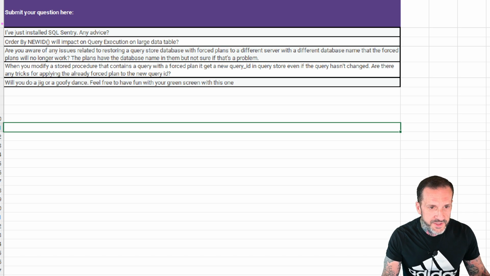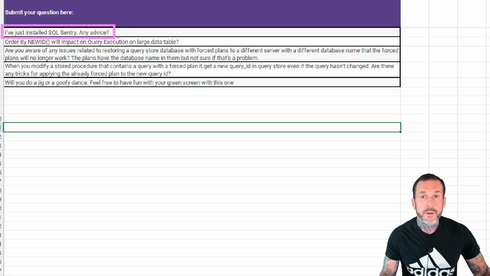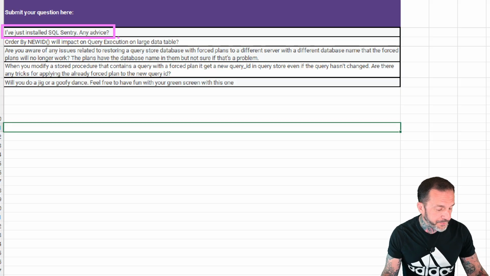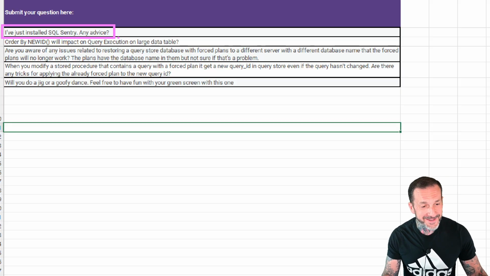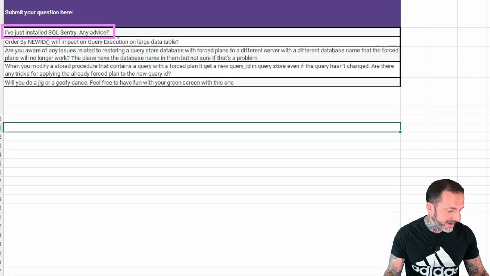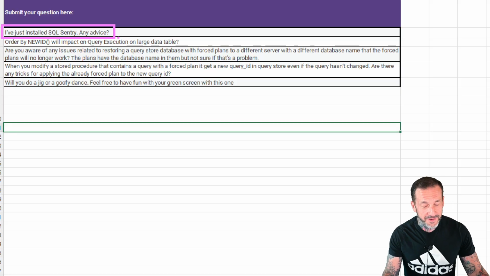All right, first question. Let's see what we got here. I don't understand why the font is a little wonky on that. It's not my fault. I've just installed SQL Sentry. Any advice? Well, we should open it. Make sure it's running. Make sure it's collecting data. These are all good things to do. Assuming that you're talking about the monitoring tool and not just Plan Explorer. If you've just installed Plan Explorer, I have bad news for you. Just use SSMS instead. But if you are using SQL Sentry, that is one of my favorite monitoring tools out